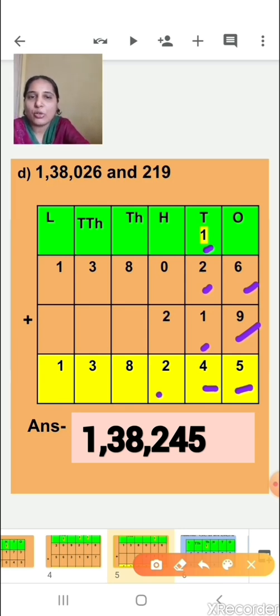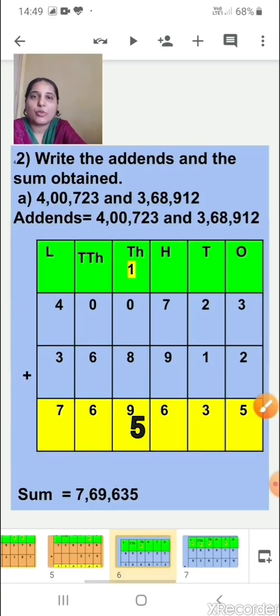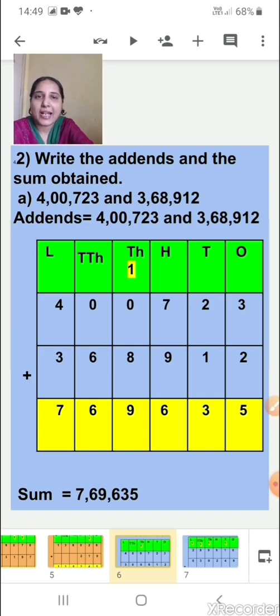0 plus 2, 2. Then thousands place, 8 will come down as it is. Then at the 10,000 place we have 3 which will come down, and at the lakhs place we have 1 which will come down as it is. So the sum obtained will be 1,38,200. Question number 2. The question number 2 is write the addends and sum obtained. So question number A is